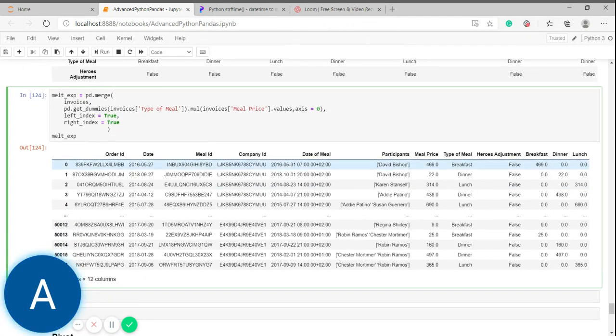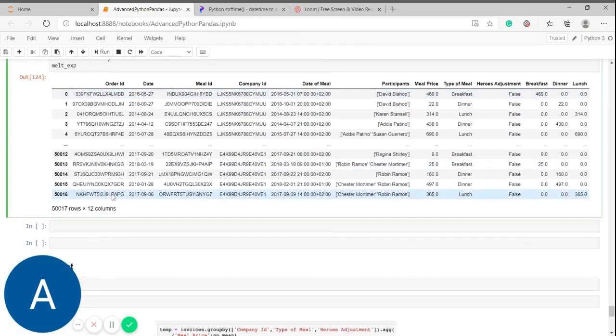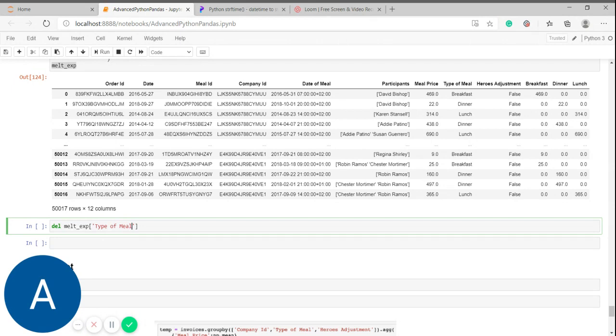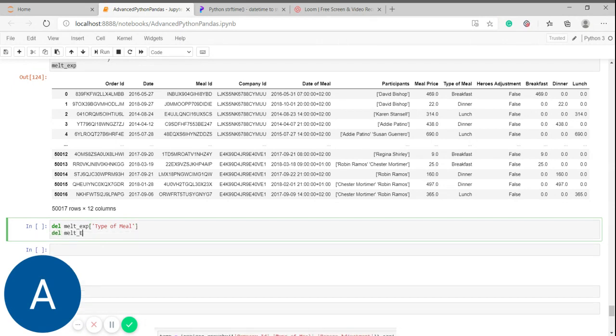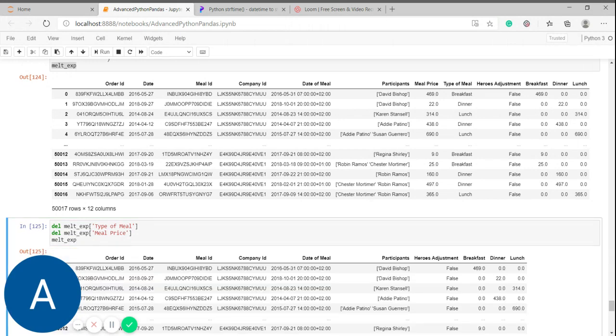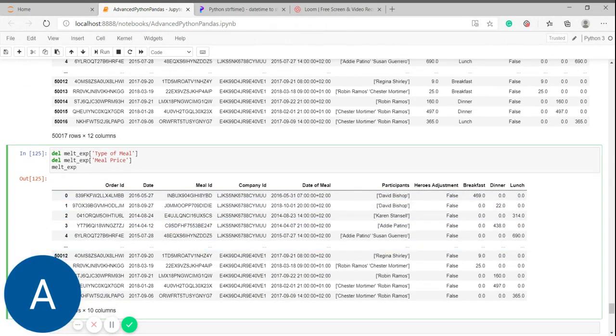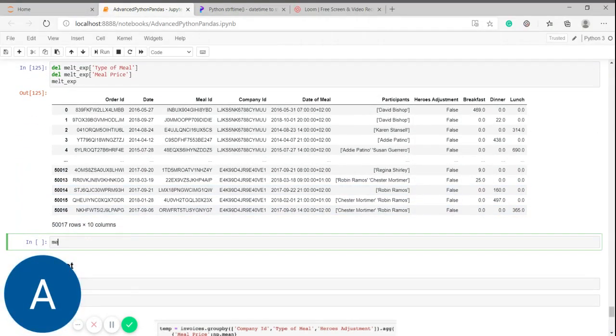So now what we can do is delete our two fields. One is of meal. Another is now we have these two fields. Now we can see that we have imputed our values. Now what melt does is